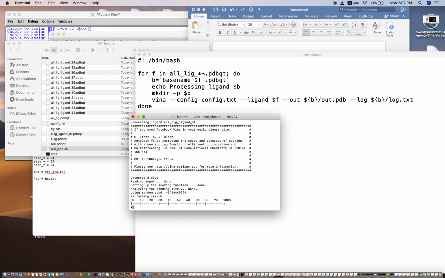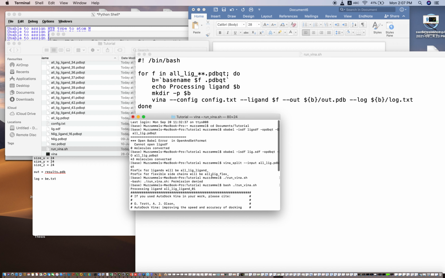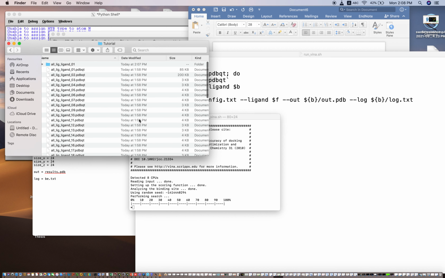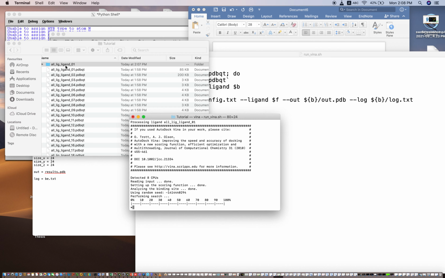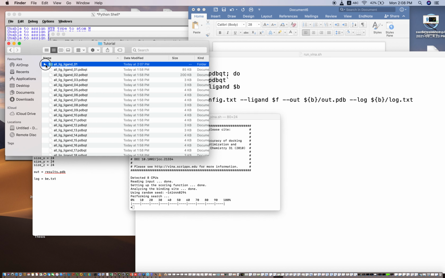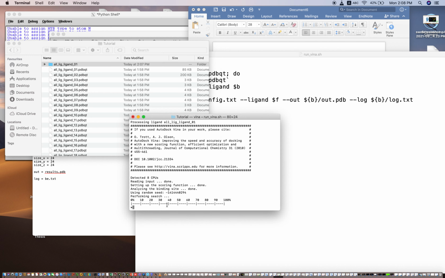So now just look at the folder as well. What is happening over here? Okay, when I put the command, there is a folder. The folder is formed over here by the name ligand 1. When it is completed, it is 0% and it will go to 100%, and then this is ligand 1, and then there will be ligand 2.